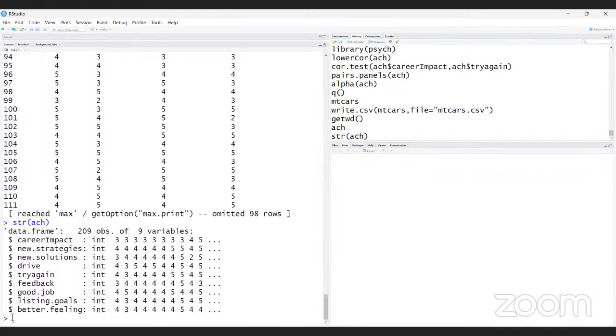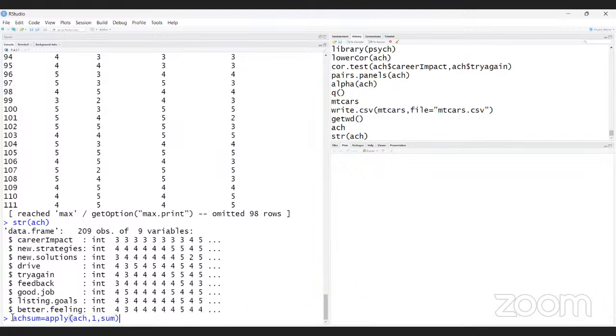Therefore, I have to calculate the sum. So I am writing ACH, H sum equal to apply, H comma 1 comma sum.